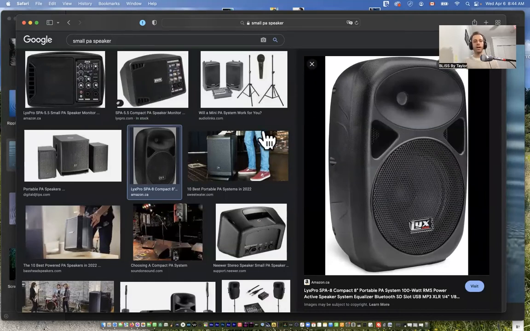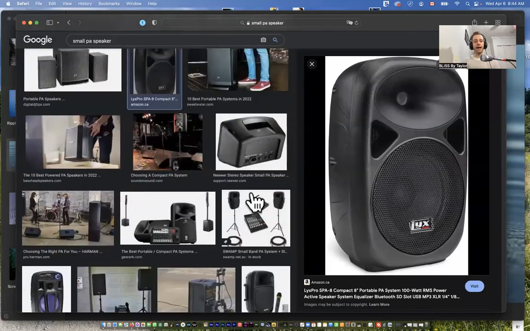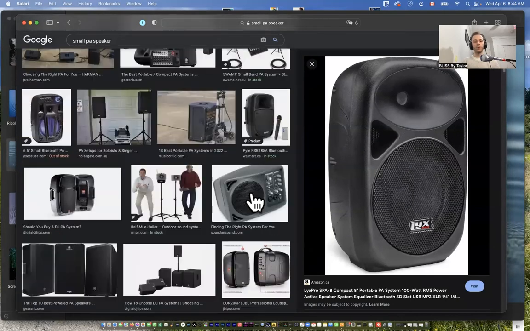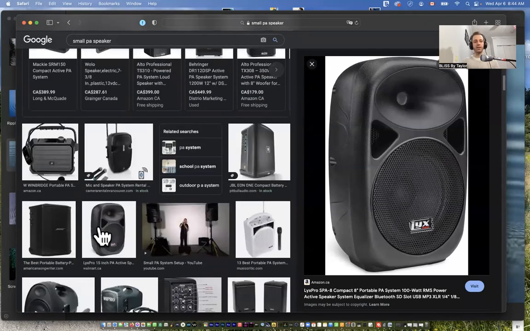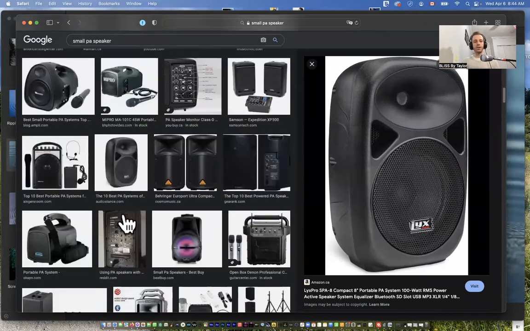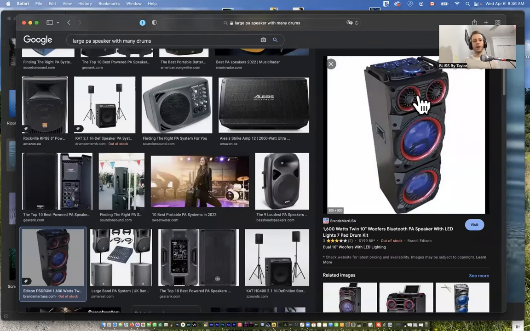drum, and why, when you start getting bigger on the PA speakers, they start having more drums in them, and then some can actually have 3 or 4 or even up to 8. I've seen up to 8 drums inside of the speaker. So here's another one, and this one here has 1, 2, 3, 4. Okay, why would they have 4 of these drums